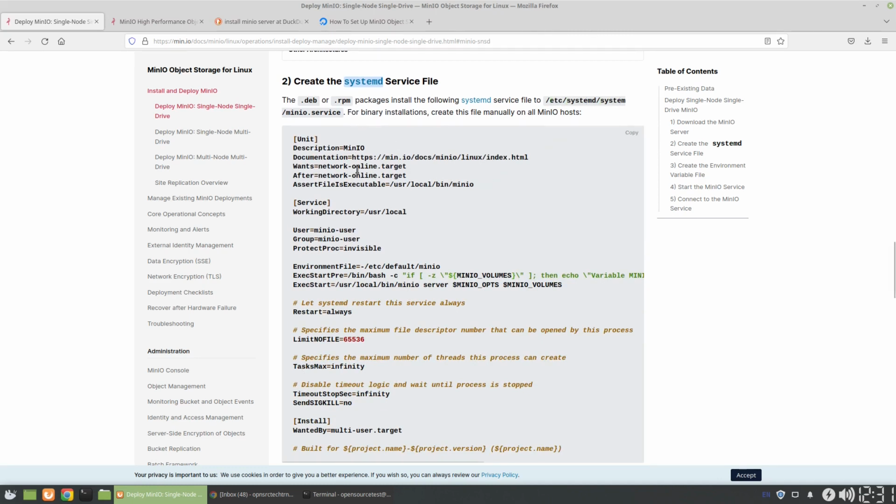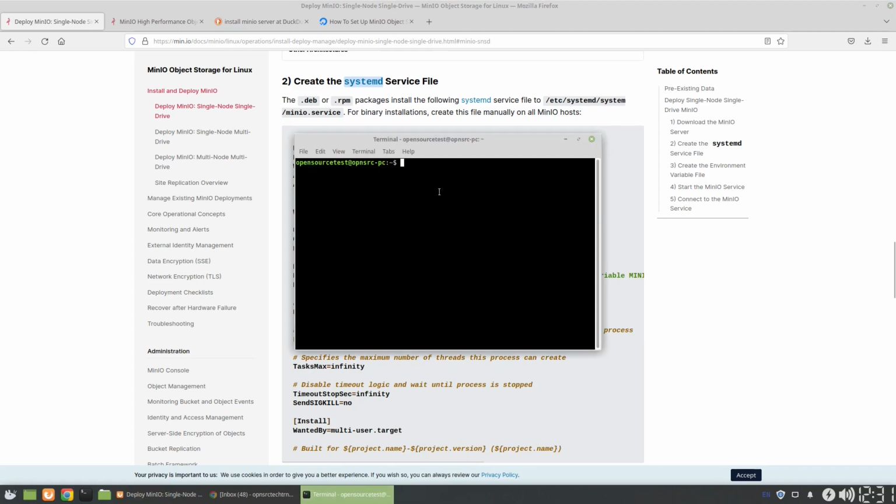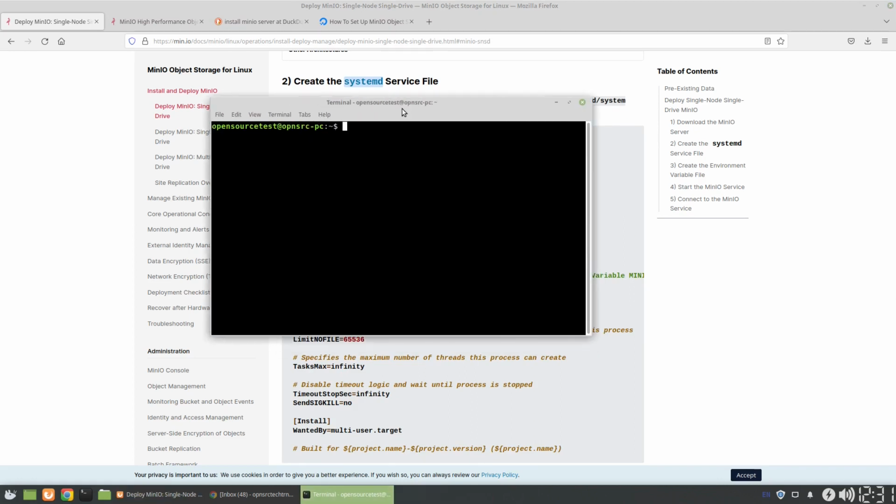The problem with this method for the purposes of this video, and we'll see right now, is Alpine doesn't have systemd. So if I SSH as root to this fresh install,